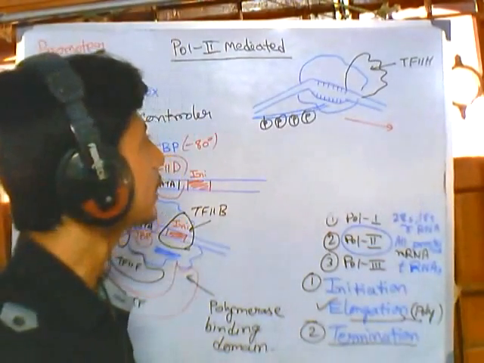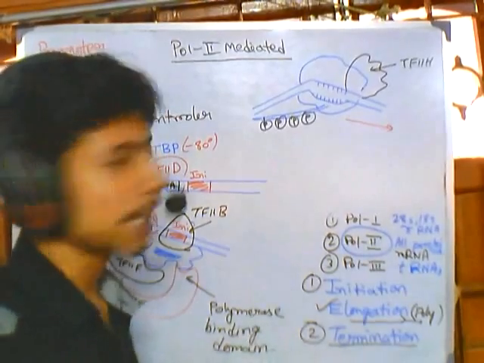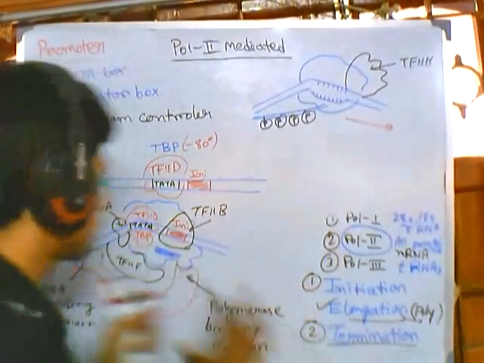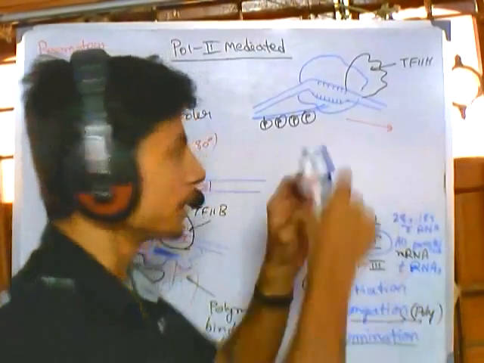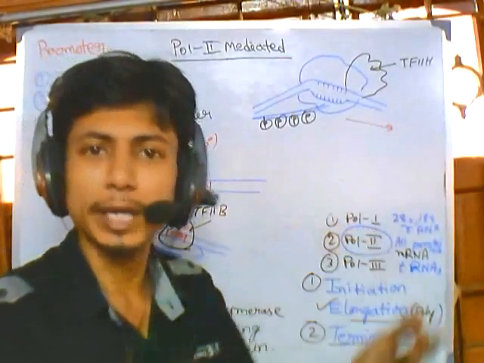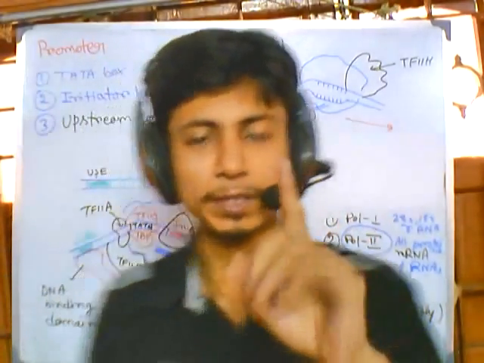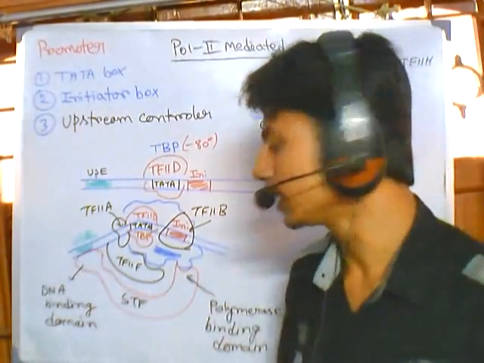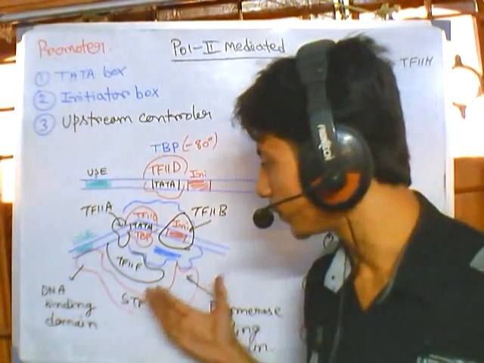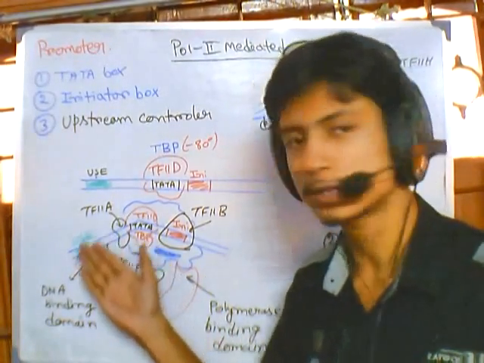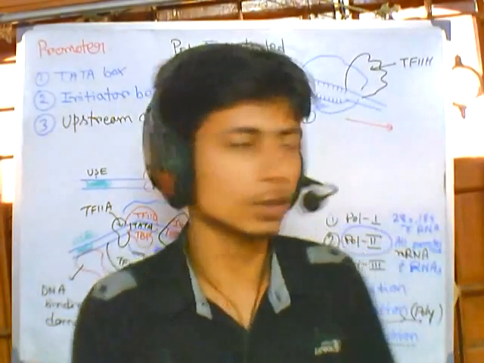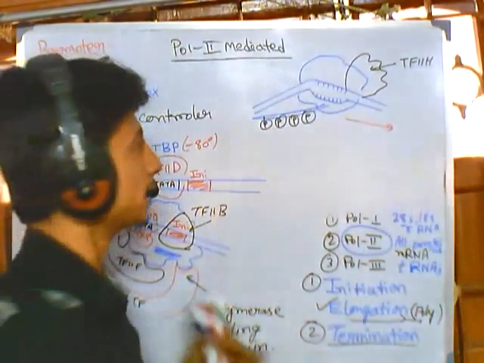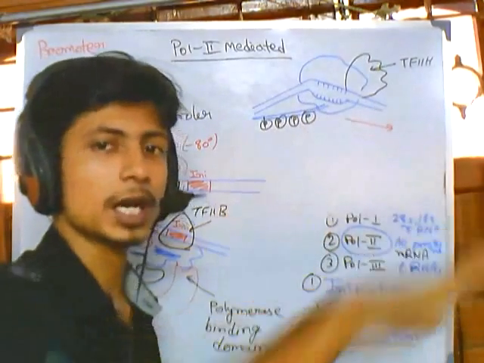The process will start and the bending will be removed because all the TBP and factors are getting removed, getting lost. The bending is not required anymore because the reason for the bending is good interaction between the upstream control element and the polymerase. So bending will be gone and then polymerase will sit on and start